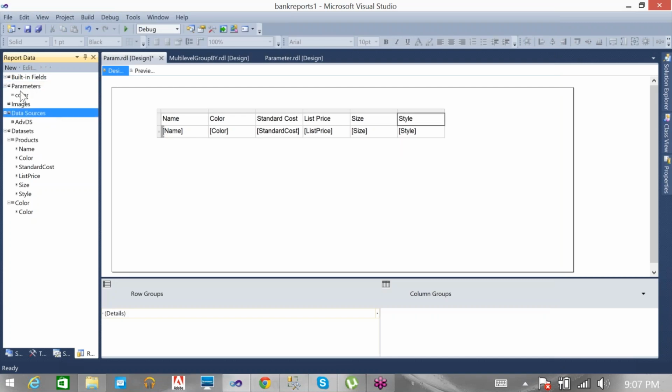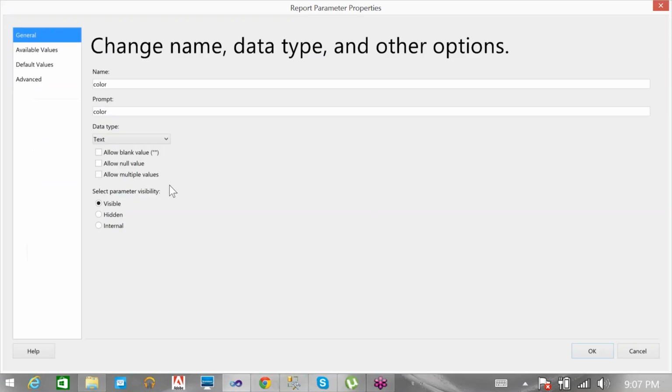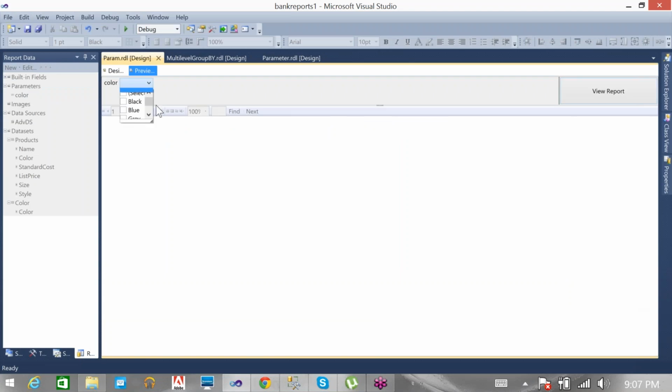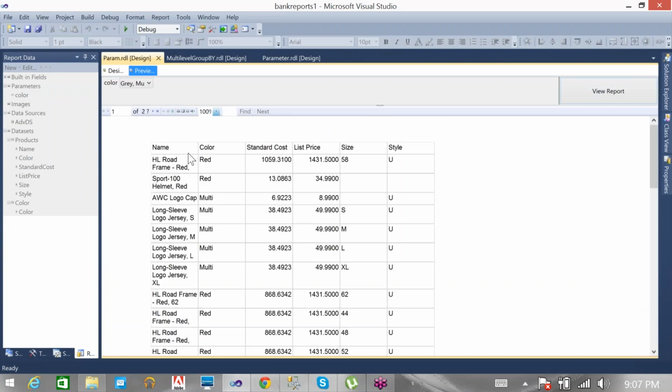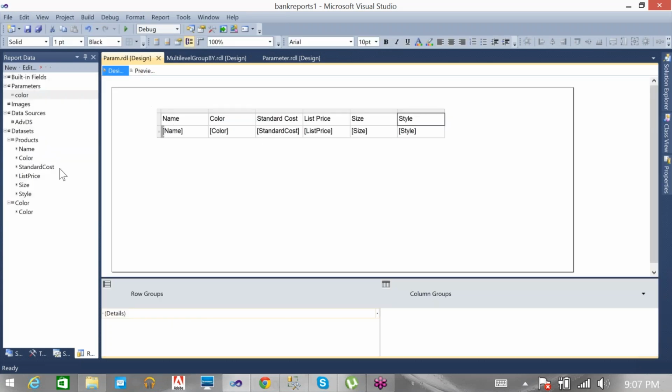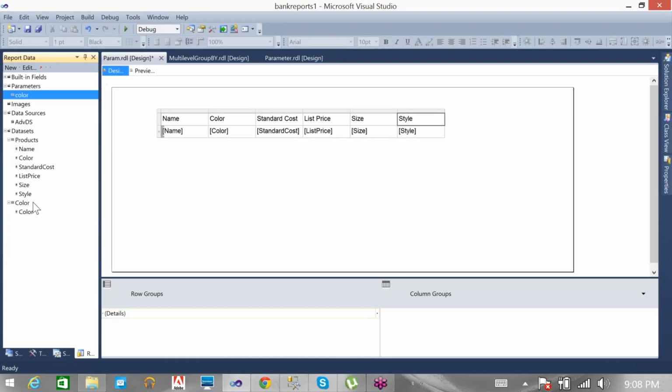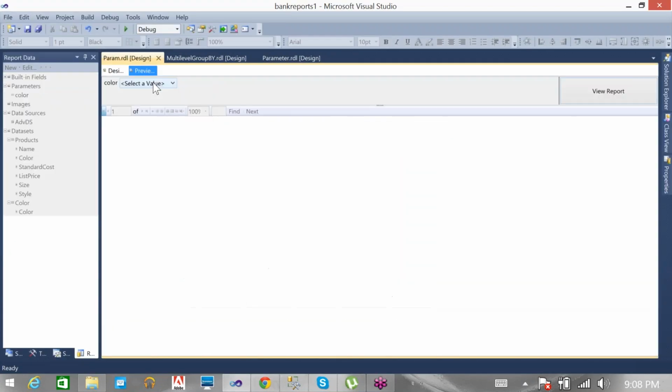Then that same parameter will go as a report parameter. For multi-selection purposes, go to the parameter properties and use the allow multiple values option. Then you can select multiple colors. Okay, that's the option. Now let me go back to single color selection.